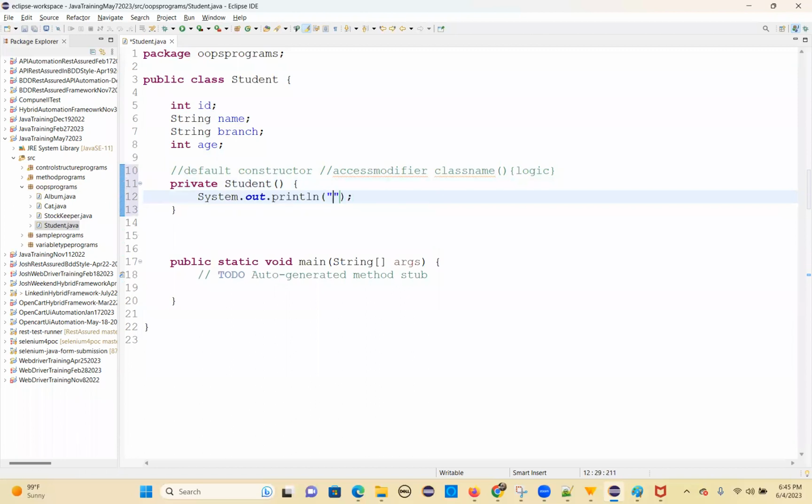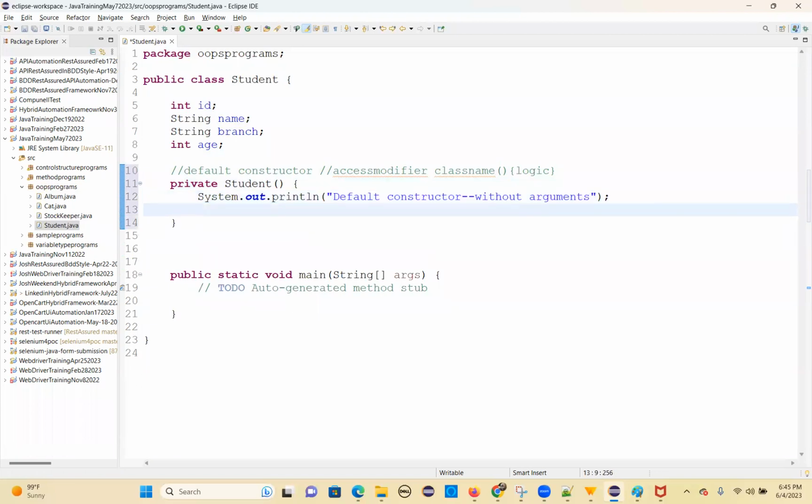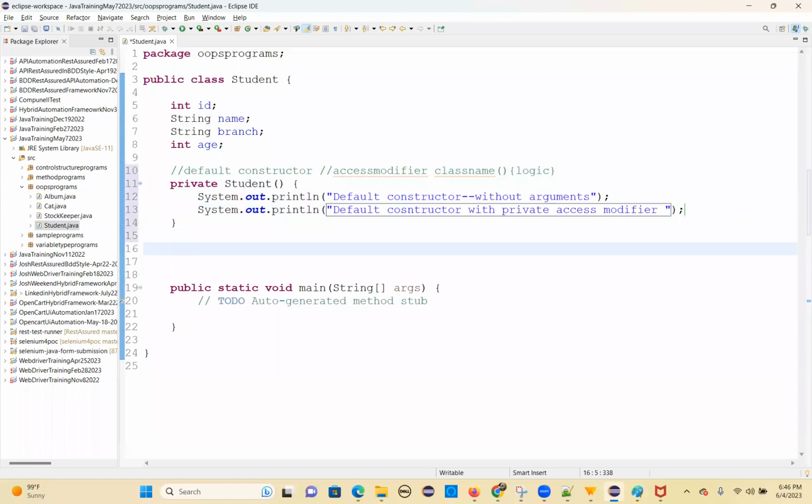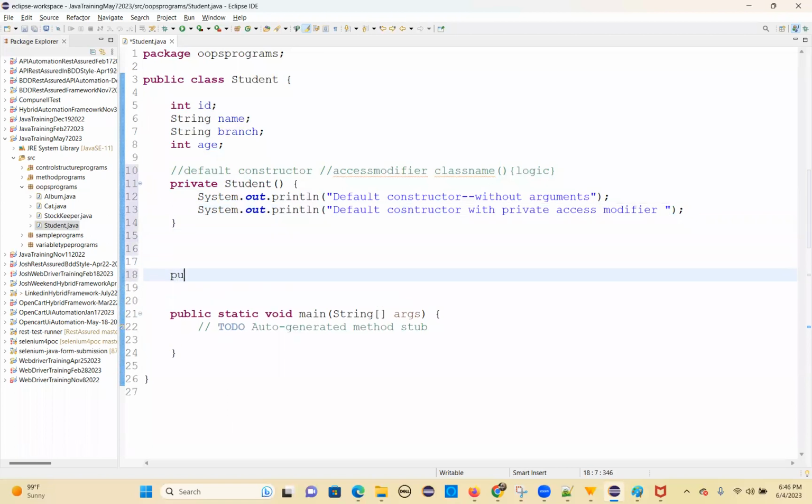So what logic do you want? Default constructor, without arguments. So default constructor with private access modifier. It is a few statements. Okay, I'm trying not to do anything. Then later I'll create a